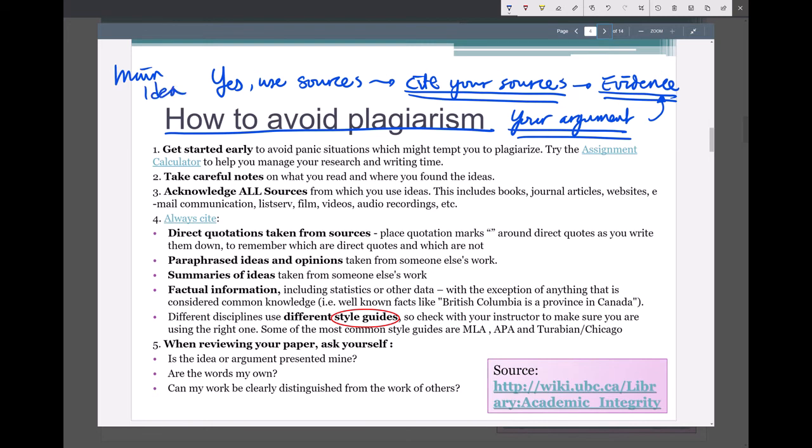Here are some good tips on how to avoid plagiarism when you're doing your work. 1, you want to start early. Avoid situations where you would want to cheat. For example, if you run out of time, oh no, I don't have enough time to write my paper or do my research. Then you have to find some way to write a paper, and you might have to buy a paper or copy somebody else's paper or something. So a good tip for you here is